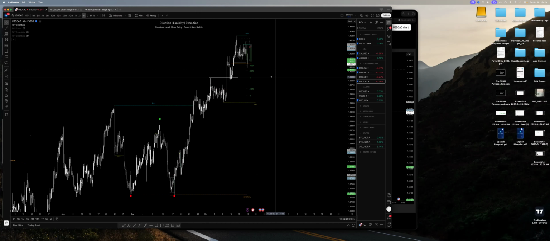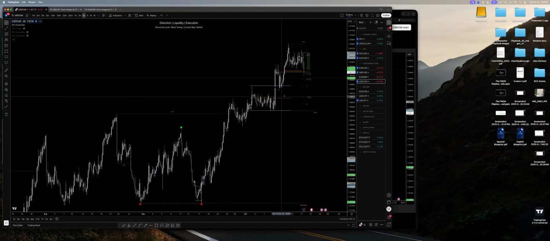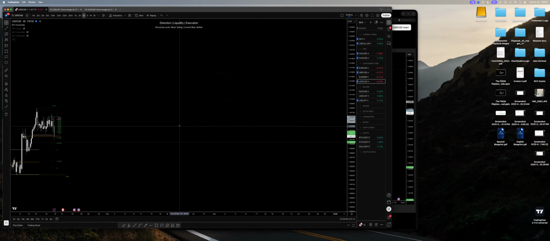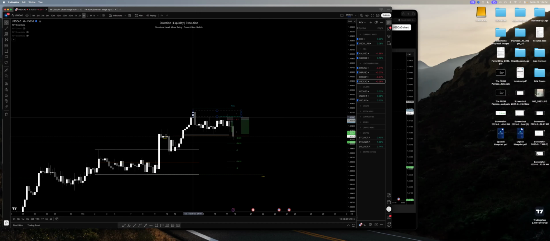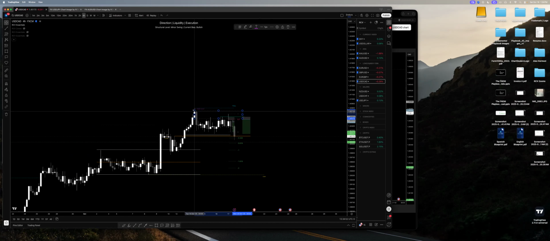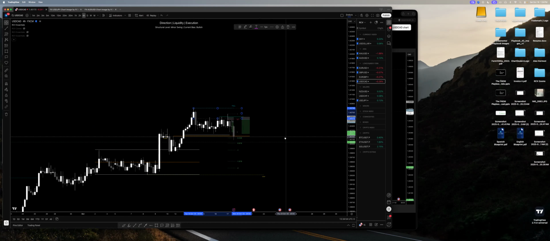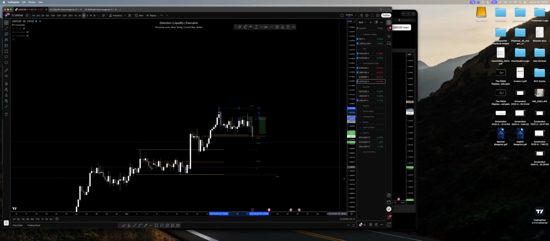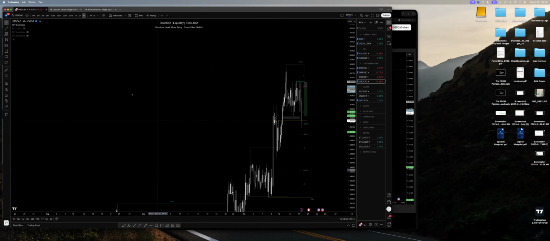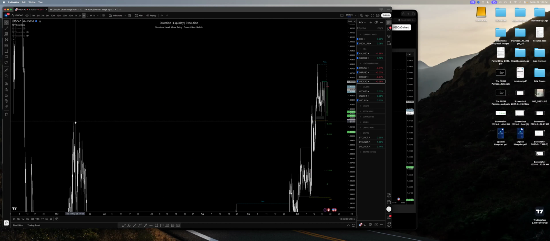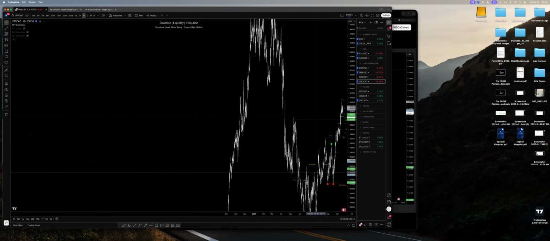Let's go ahead and delete some of this stuff. Actually, I'll leave this stuff here, right? The H4 POI that I was looking at is this, for the most part, this overall region here, the H4 candle that's being engulfed. Why is that important to me? Because technically it is a reversal, because we have just swept a very important high, right? We swept a very important high